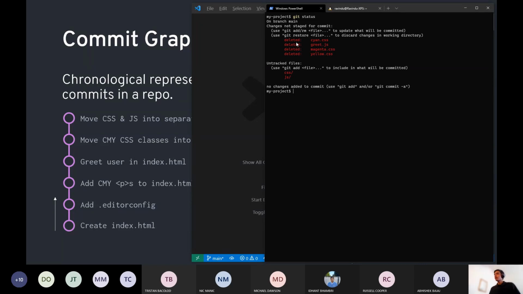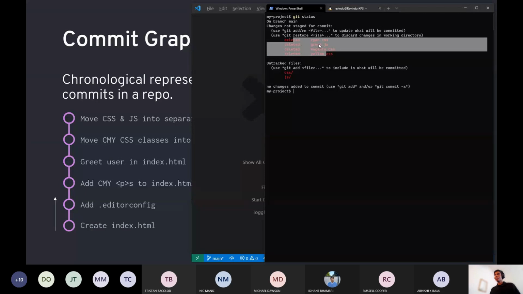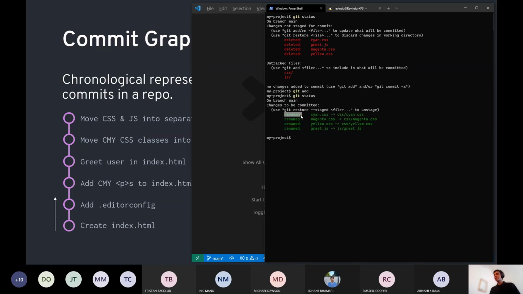At this point, we see that the way that Git understands changes is a bit weird. In our case, it's intuitive to us that we've moved our files, but Git understands it as us having deleted our files and us having added a bunch of new files to our project. But you'll notice that if I add everything, so that's stage all of these changes to be committed, and run git status, Git actually identifies that this has been moved and not actually deleted.